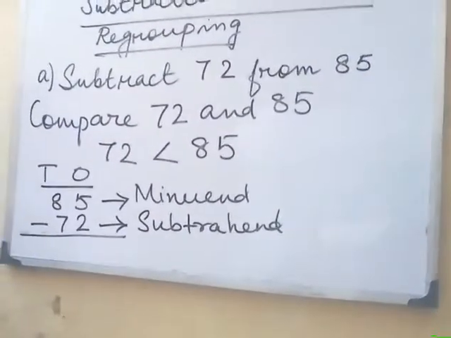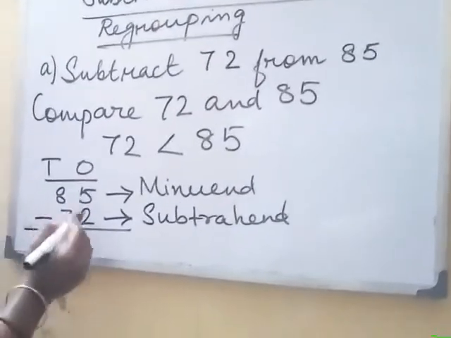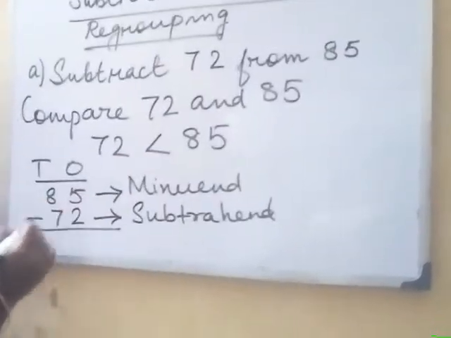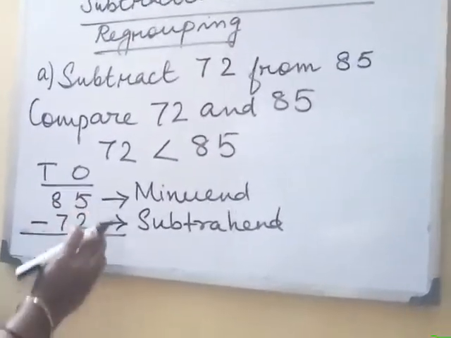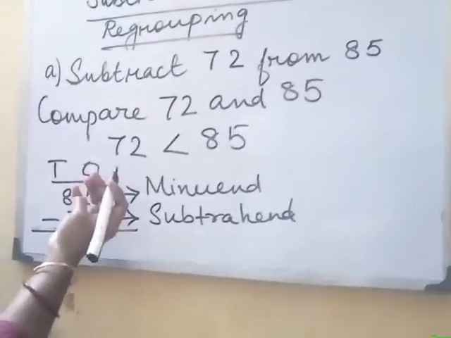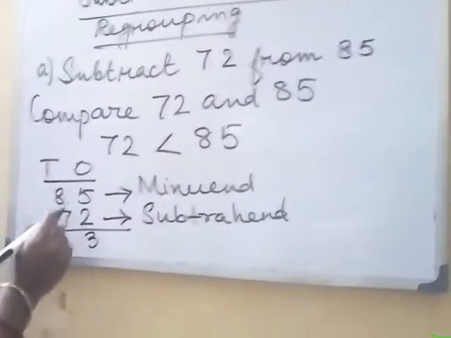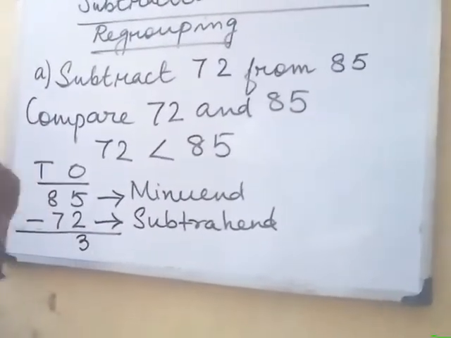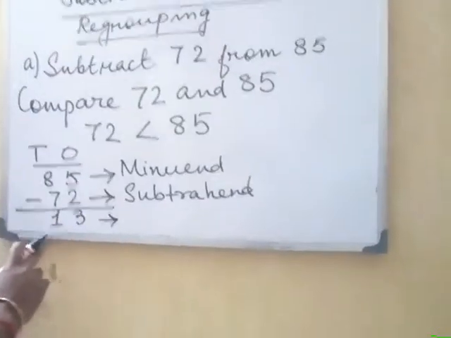Now we will take out the answer, that is 5 is above, 2 is down. So when 5 will come on our counting, we will stop. 2, 3, 4, 5. 5 is at 3 place. So we will write 3 here. 7, after 7, 8. That means 1 place. We will write here 1. And the answer is 13.